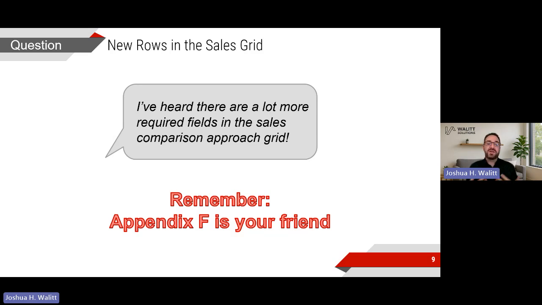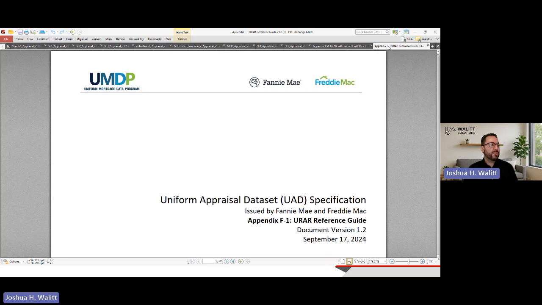They're not all going to be relevant, so the appraiser may choose to say, no, I'm not having that show in my report. So just keep that in mind. Some of the things you hear, I like to call myth information or misinformation, but I like the myth. We can bust myths by looking at our resources, and some of our resources are Appendix F.